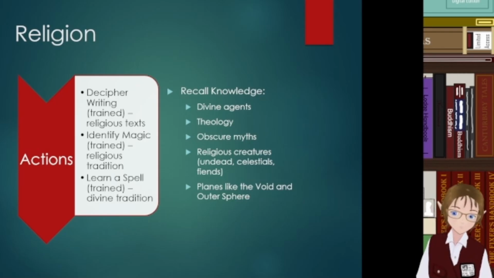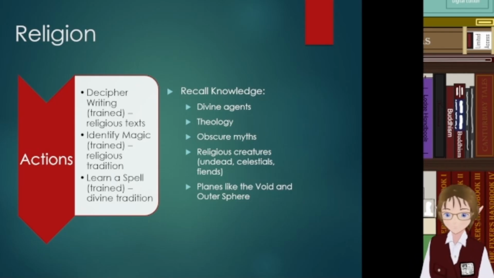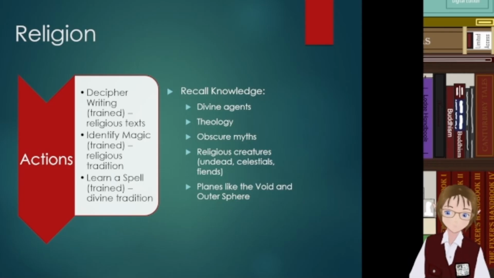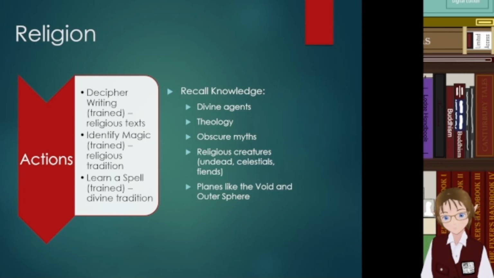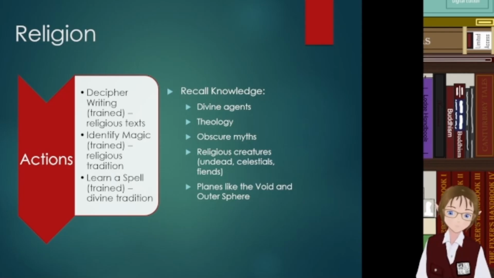One thing with decipher writing is that it lets you decipher the meaning of religious texts, so there can be a bit of overlap with occultism. However, in general, the way you tell the difference is religion is for more mainstream stuff, whereas occultism is for weird offshoots. Religion's recall knowledge can be on divine agents such as angels and demons, theology, obscure myths, and the